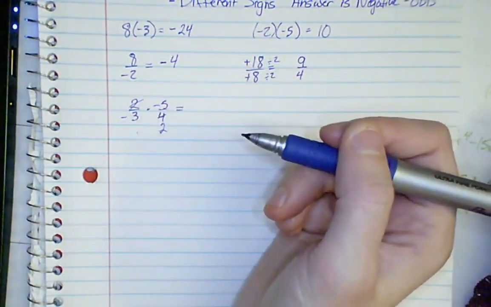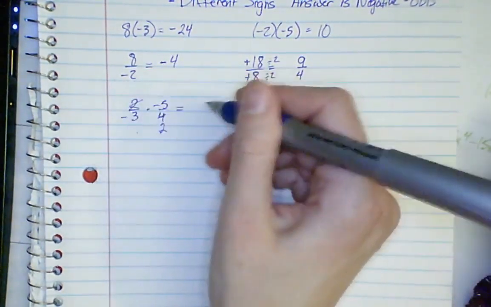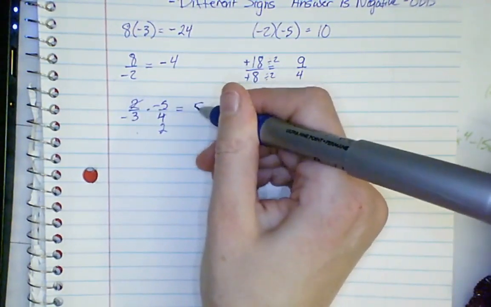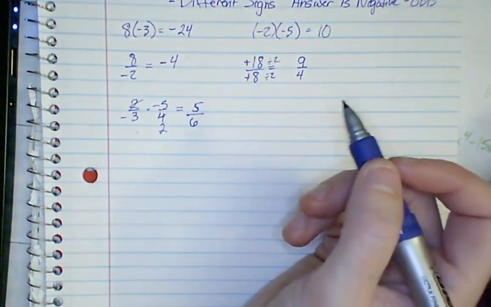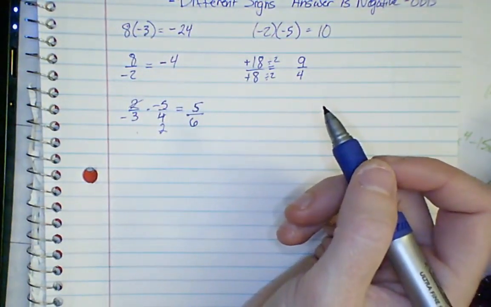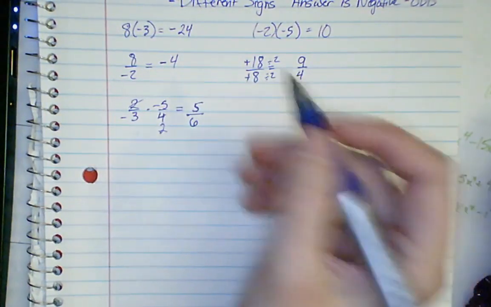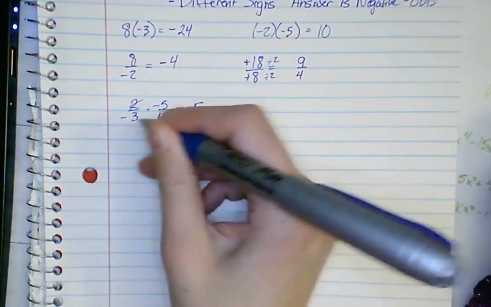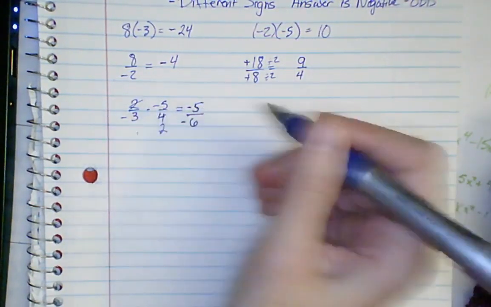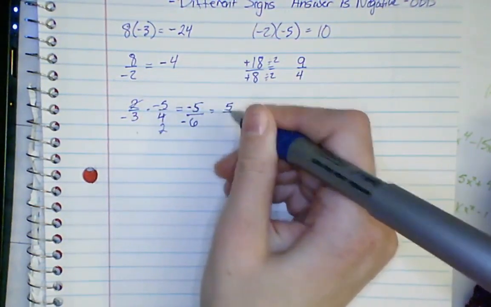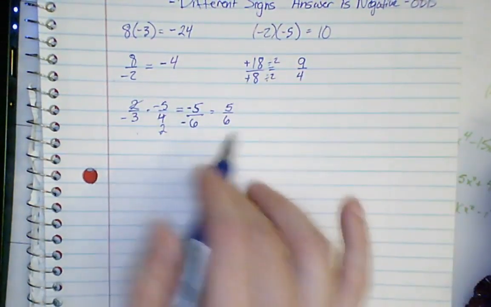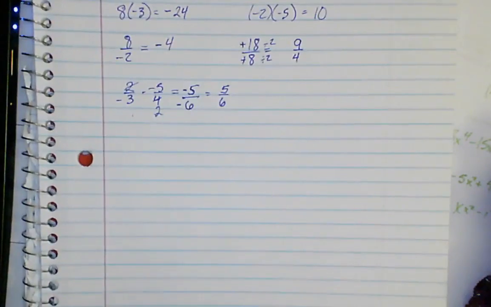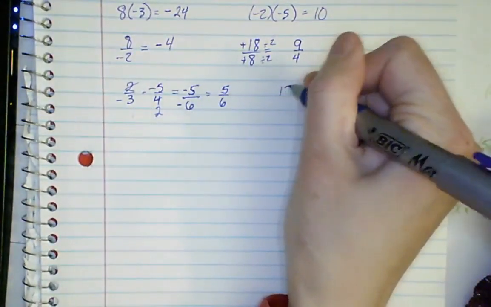If you want to reduce first, we'll have a positive 5 in the numerator and a 6 in the denominator. Or if you did not want to work your negatives first, you'll have a negative 5. Negative 3 times 2 is negative 6, and then you can reduce that down to 5/6, which is typically what I do. I tried to go that way and then I faltered, so